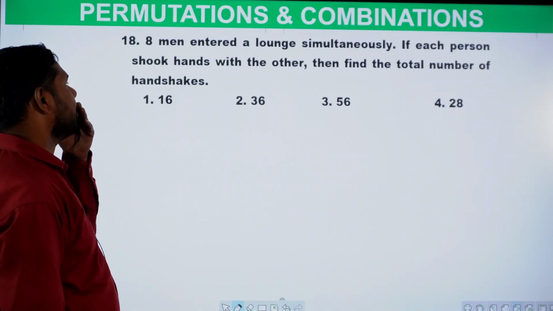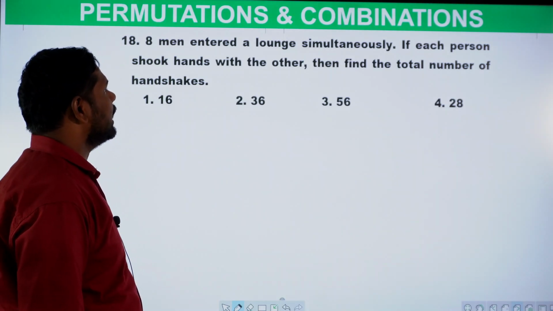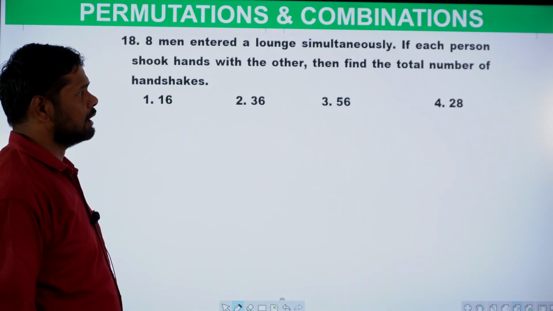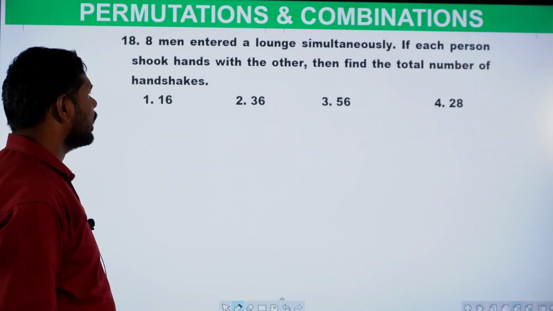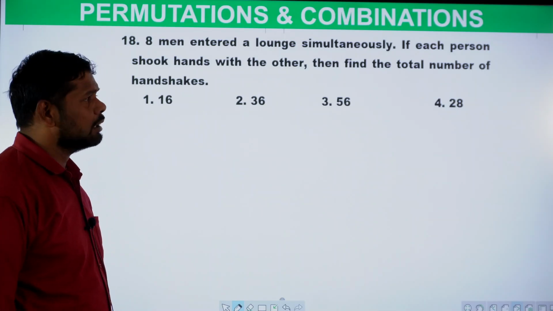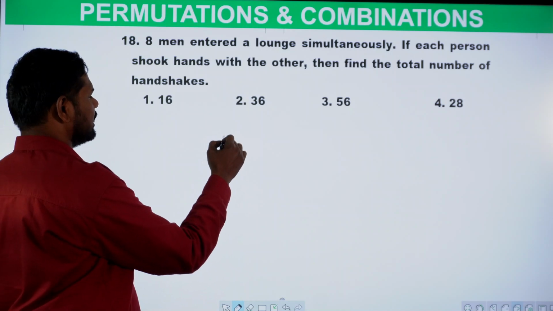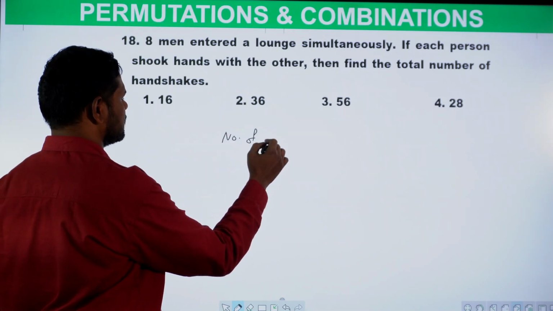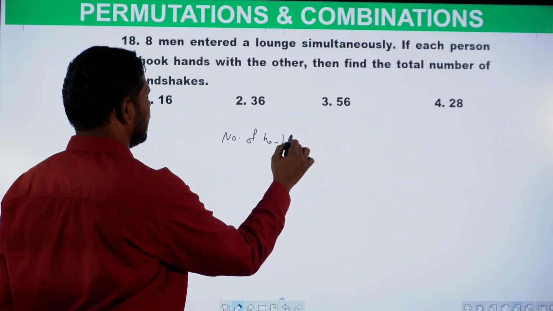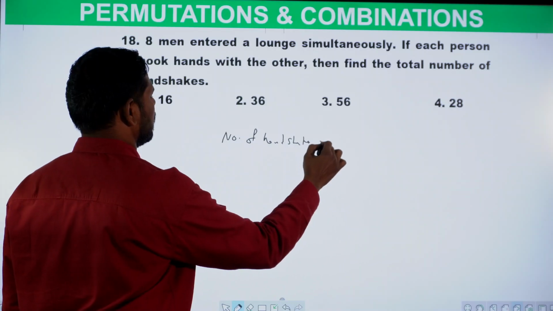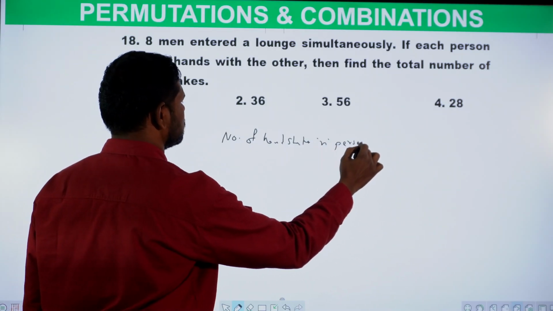Next one. 8 men entered a lounge simultaneously. If each person shook hands with the other, then find the total number of handshakes. Number of handshakes of n persons. Number of handshakes possible of n persons means, we know that